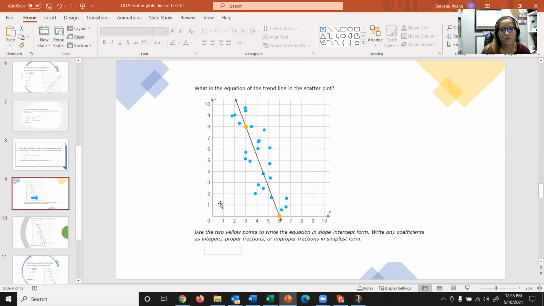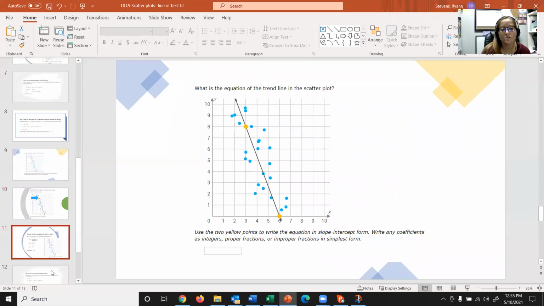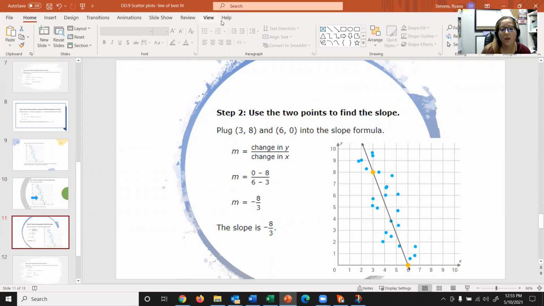Our second step is going to be to find what the slope of this line is. We could do it either using the slope formula, which is y sub 2 minus y sub 1 over x sub 2 minus x sub 1, or you can do it by just counting. But remember, you want to start with the point that is closest to the y-axis. So we would start from this point and then work our way to this point. Keep that in mind. It's going to tell us if it's going to be a positive or a negative slope